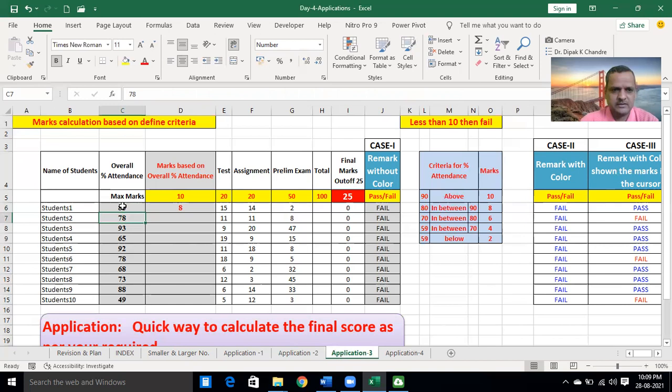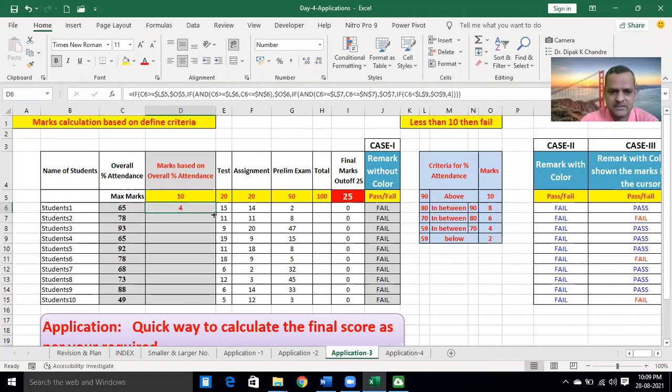If you write 45, 2 marks. If you write 98%, marks is 10. If you write 70, it means 6. For 4 marks, it is 59 to 70 in between. Suppose 65, then marks will be 4.